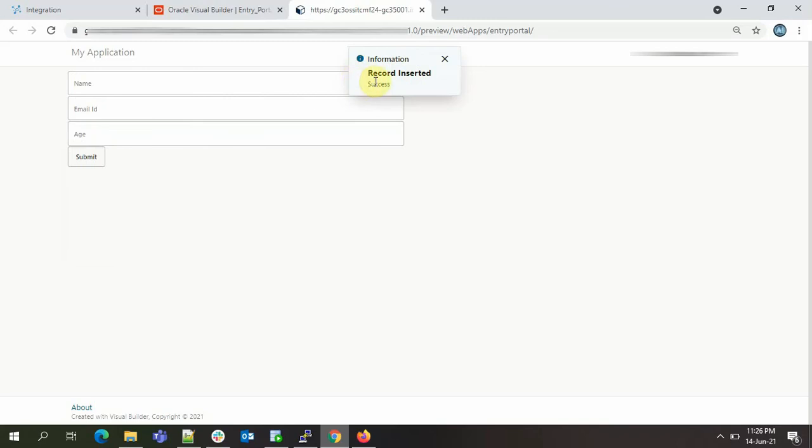So we get our message as record inserted, success, information, and see the values which we provided are no longer here, so that we can proceed with another entry. I'll just do another entry and show you.